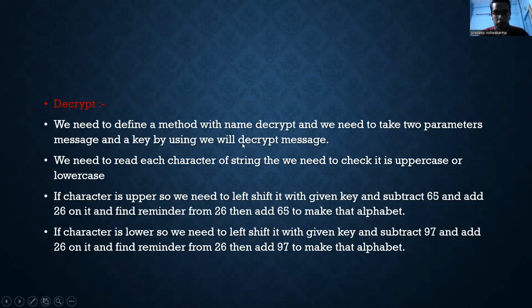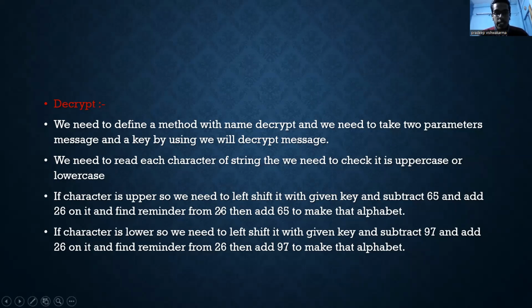Then I implemented the decrypt method. In the decrypt method, I take two arguments: the first one is a string, the next one is the key, because we need to decrypt the message. In decrypt, we take the encrypted message in the form of a string and a key from the Caesar Cipher. We need to reach each character. We follow the steps we followed in encrypt, but it is different.